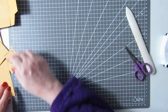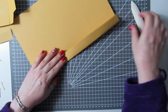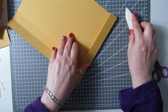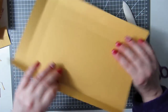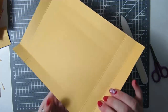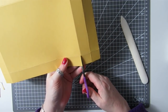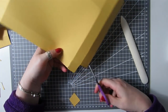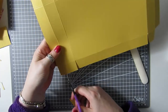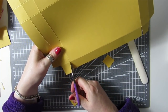Then the other one, just fold and burnish it again. Now, do the same to the bit with the one section on. Okay,